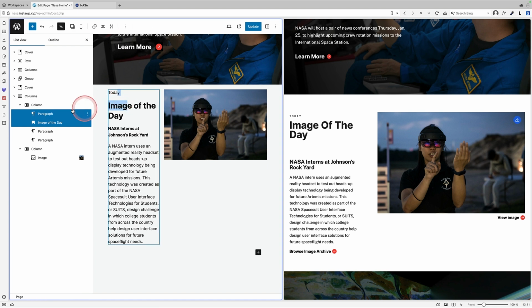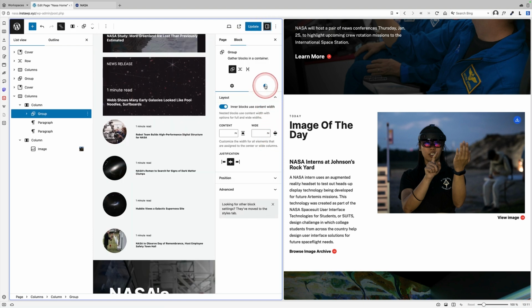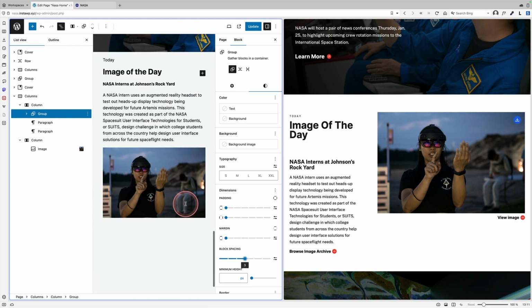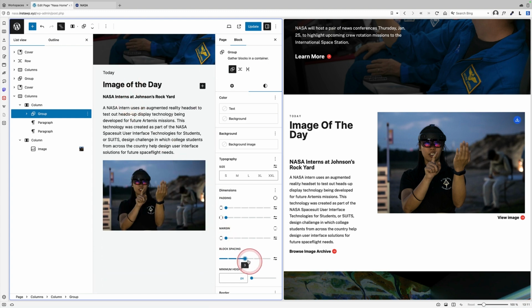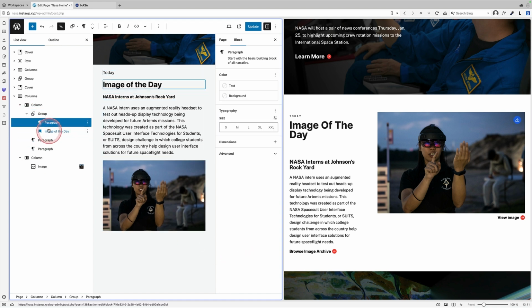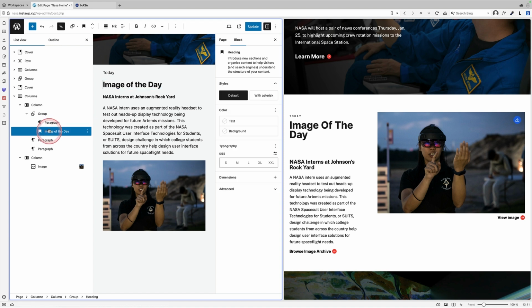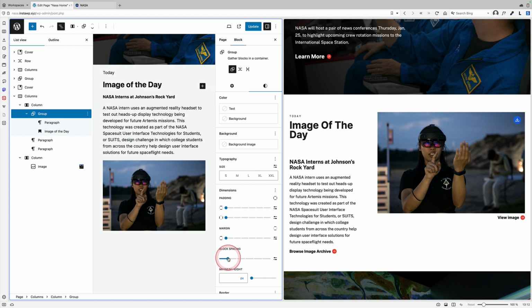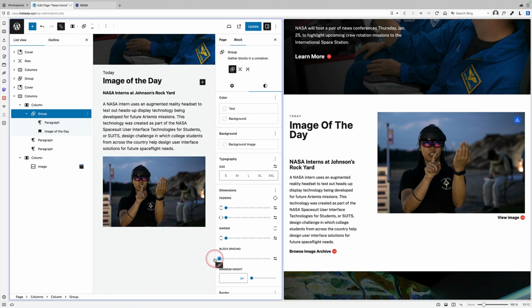And then I need to do a little bit of scrunching. So I'm going to select these 2 blocks here. You can see in the list view, and I'm going to group those. And as soon as you group something, it gives you access to block spacing, which is the easiest way to play around with your sizes here. So you can see as I move this up and down, how those are now scrunching up nicely, because within that group, I have the paragraph and that image of the day text. So just select the group block, come to settings and go to block spacing. You can see I can get them really quite tight.